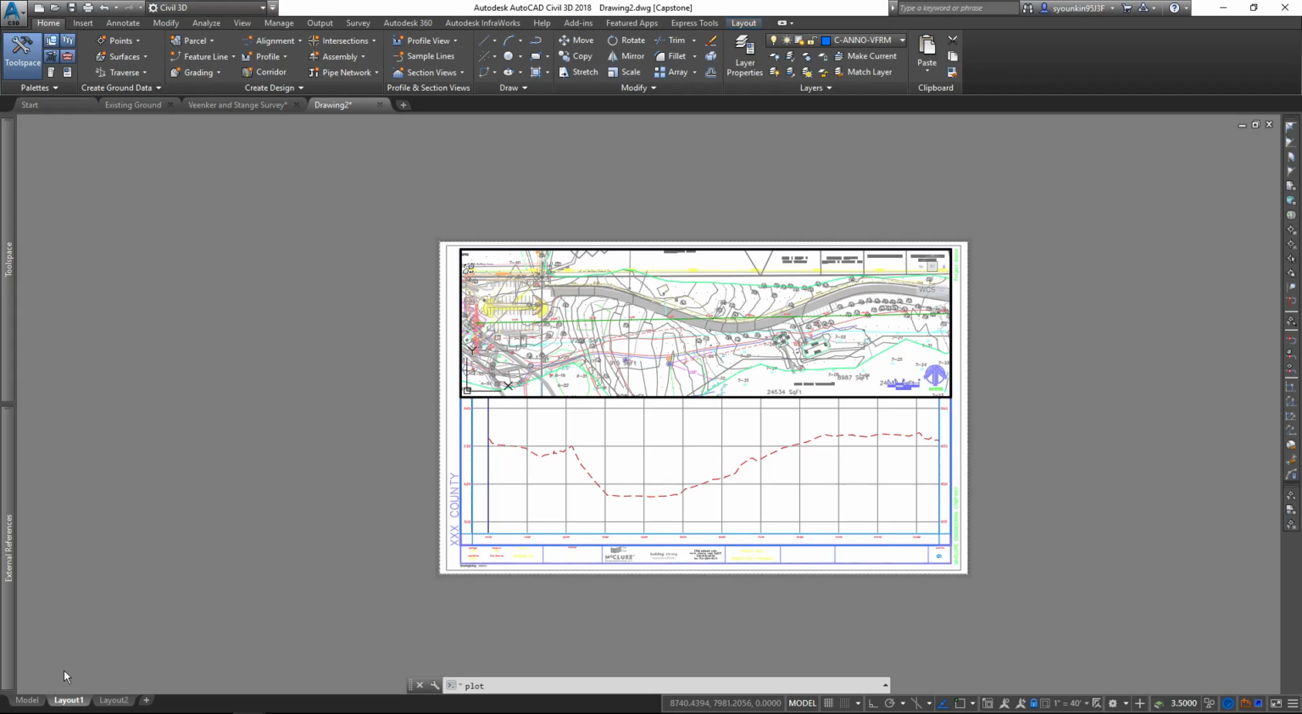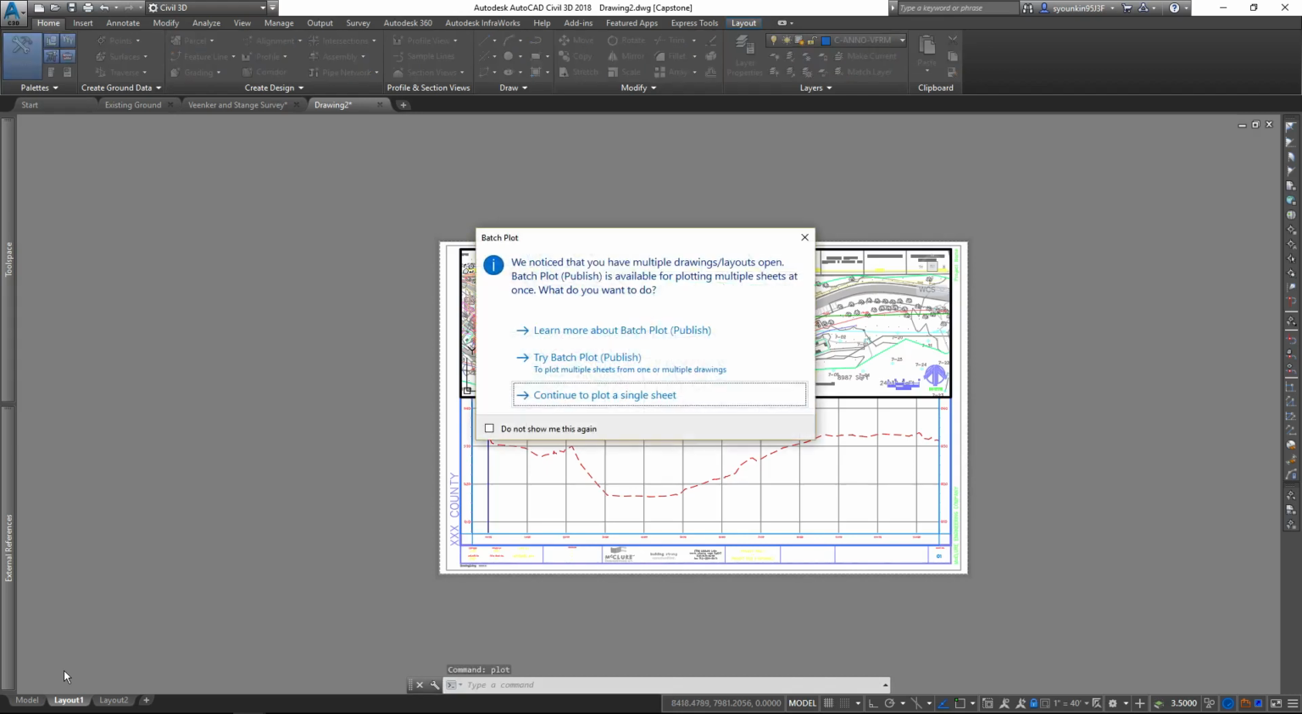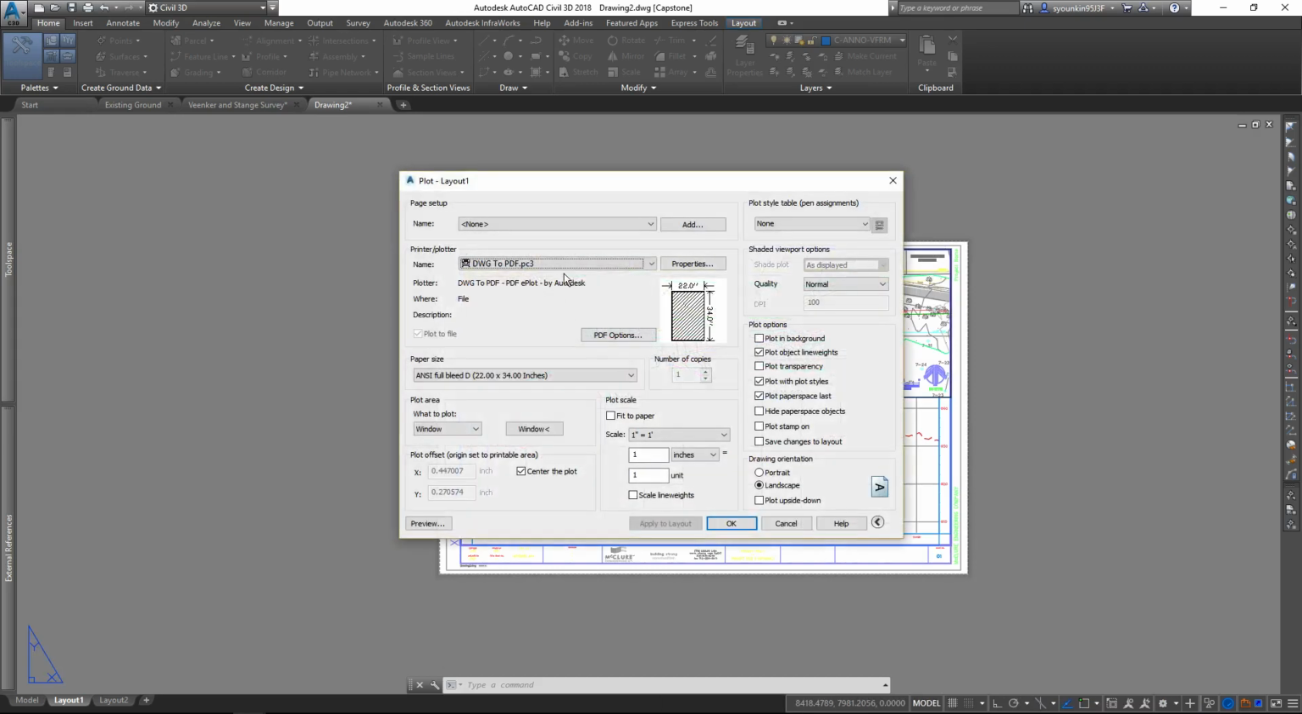If you just type in plot and then hit enter, it wants me to batch plot, and that would be a good option if you have a lot of sheets. I only have one sheet, so we'll just continue to plot a single sheet. We've already set up these settings that we wanted. If you had a base map with transparency, you could turn on plot transparency. Otherwise, we should change the plot style table. And it looks like I don't have any of the defaults for some reason, but on a standard setup, there should be,